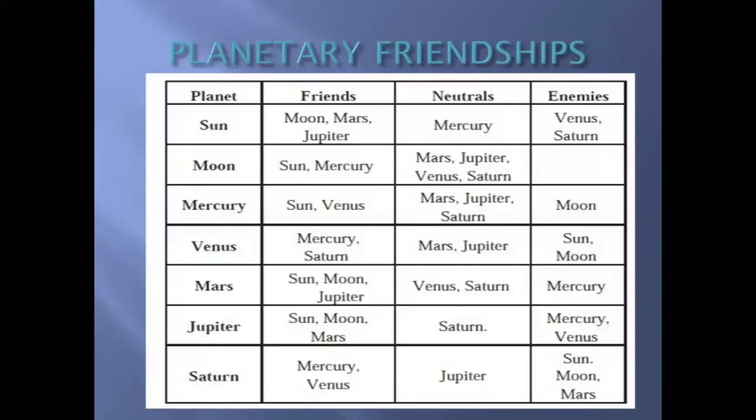And I have put up the table of planetary friendships here, of natural permanent planetary friendships, because they're very important for the Lajatati Avashtas as well as for dignity. So we should know this table really well, because the Lajatati Avashtas are based on whether a planet is a friend or an enemy to the planet that it's getting an aspect from or that it's with.